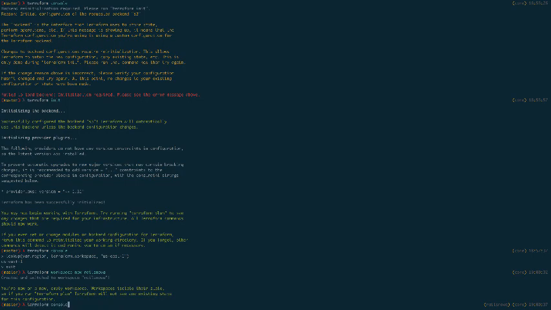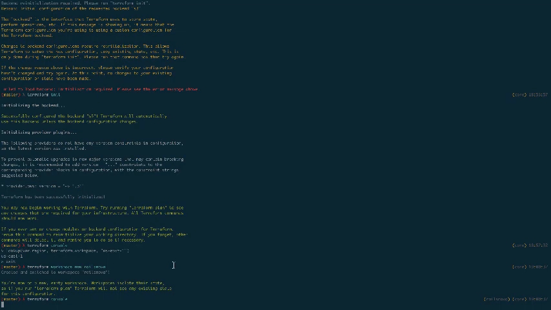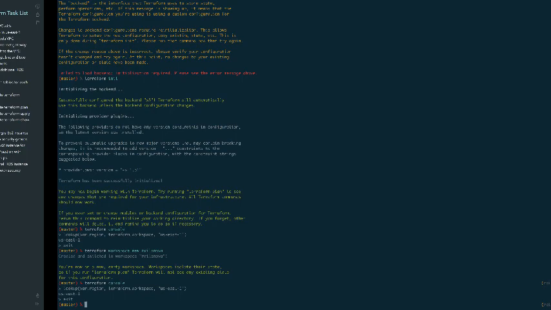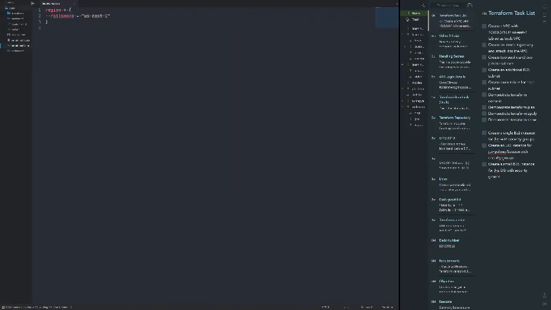Now if we do terraform console, we should get the same value. So let's go ahead and paste this, and we will get the same value. However, if we change this, let's say, in this terraform.tfvars file to be AP Southeast 2,